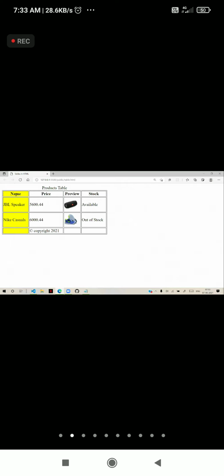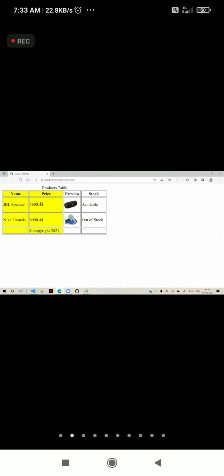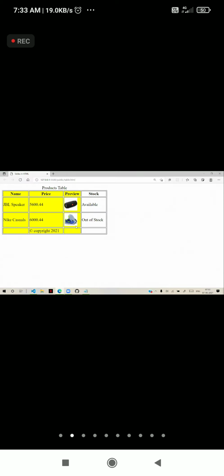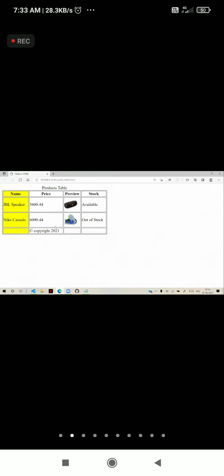That means currently we have given the column group to one column, it will span one. If I give column group span 2, then it will group two columns. Span 3, it will group three columns. So generally column group is used for applying such effects.